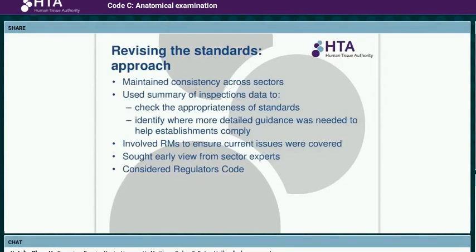This will be particularly useful for anyone who works across sectors or for our DIs who are taking responsibility for an area outside their normal area, for example, a research tissue bank, which I know we have a couple of in the anatomy sector. We look back at our inspections data to assess the continued relevance of each standard and the patterns of compliance to identify where there was scope to remove a standard or strengthen it or to add a new one. We obtained early input from sector experts as critical friends, and we involved our regulation managers whose